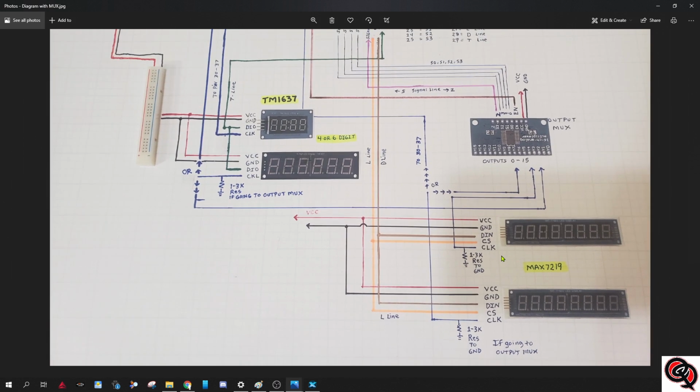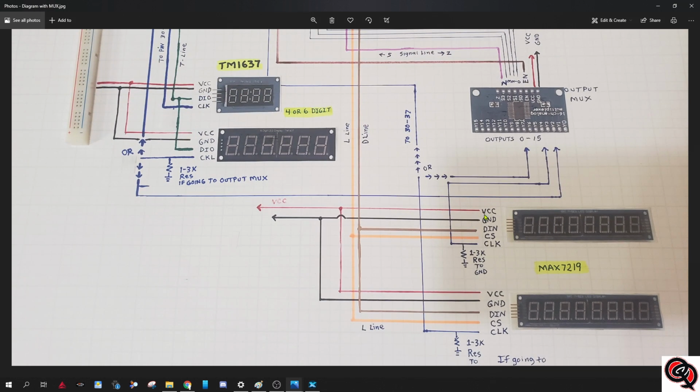Now for the Max7219, we're going to pretend that we're going to do the bottom one here, because that's the one that I put the option here. Actually, the top one is going to be directly to the multiplexer, so we'll just pretend that we're going to do both of them. So once again, you can combine the voltage, the ground, and the D in and the CS lines, which is the D line and the L line. You can combine them between all the displays of the same type that you have. So even if you have 4